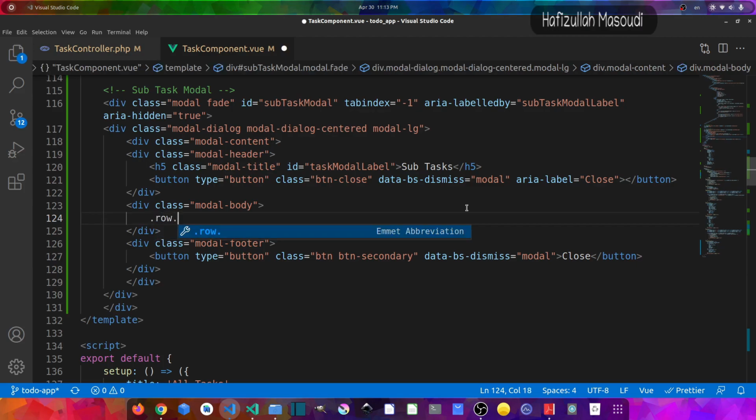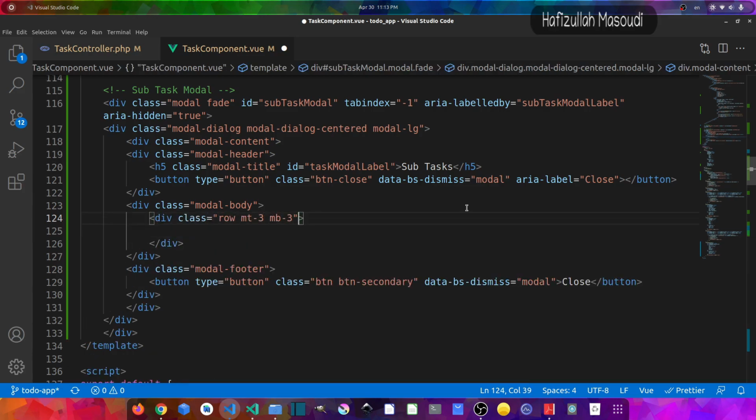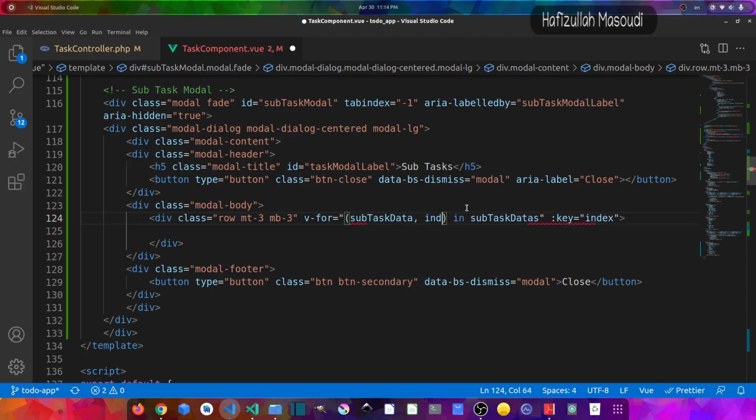So let's scroll to the top, and in here what I will do is create a row, and let's also give it some other classes of margin, so mt-3 for margin top, and another class, let's also say mb for bottom margin, which will be also 3. And what I will do is loop for this row, so let's say v-for, and in parentheses let's say subtask data, and we also need the key which will be the index, and inside these parentheses let's say subtask data comma index,